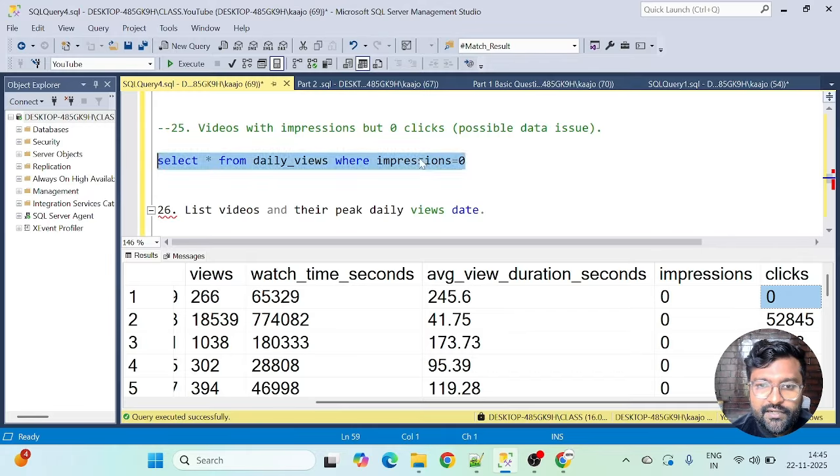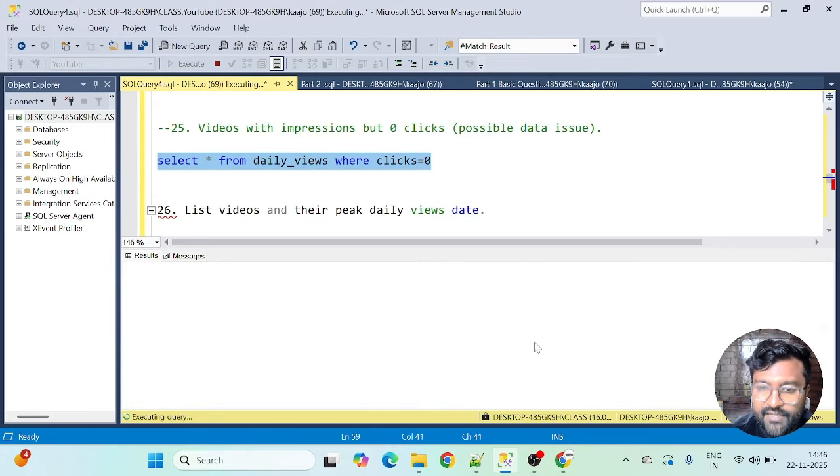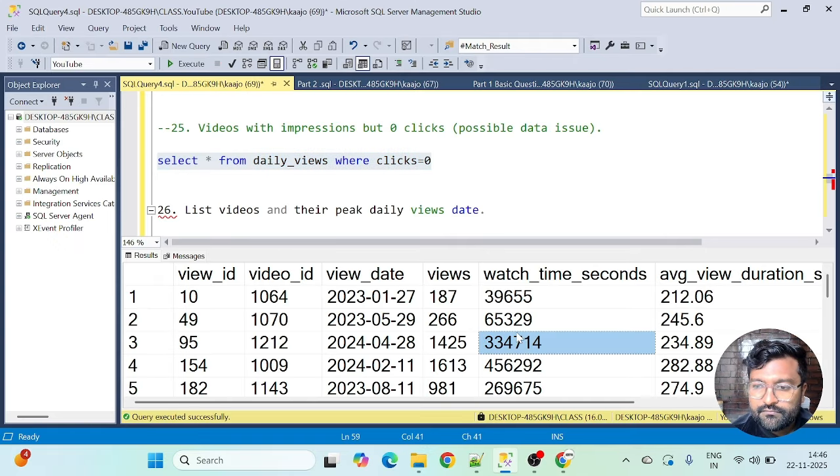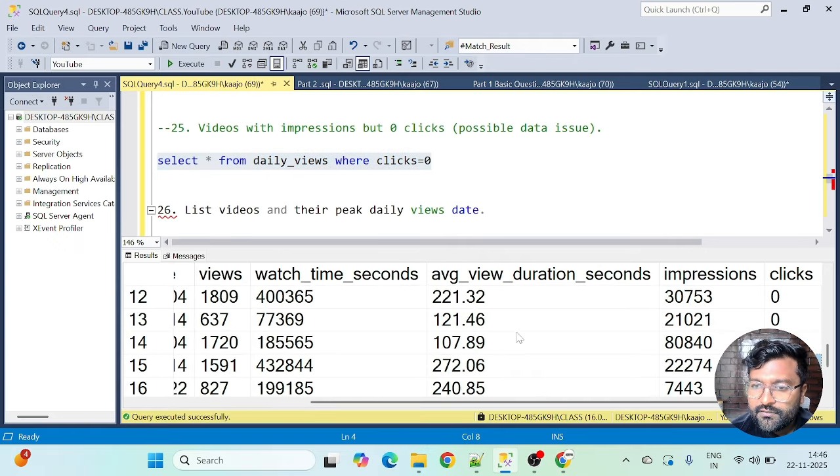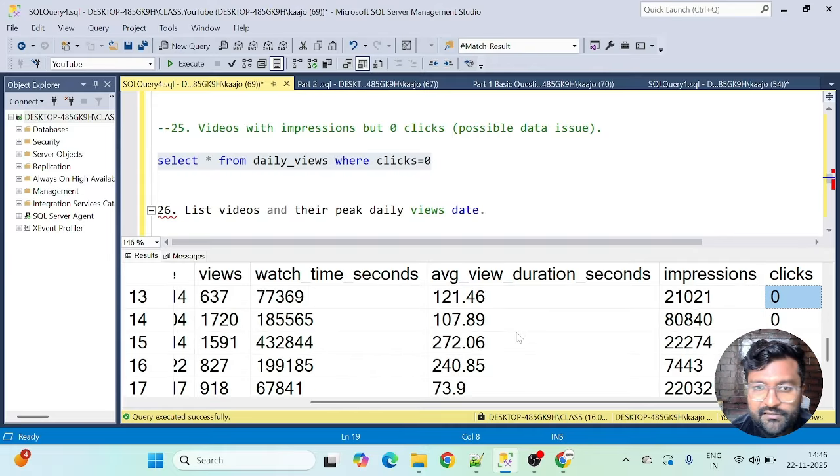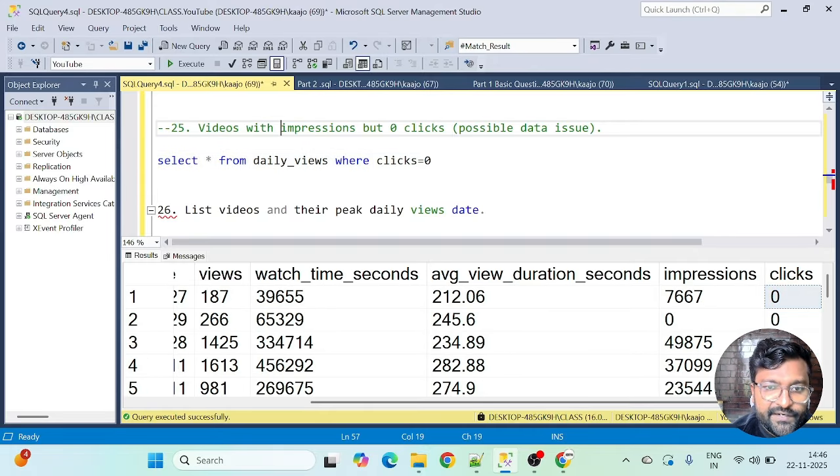Let's check if we have some clicks also 0. No, clicks can absolutely be 0. So that means this question should be videos with 0 impressions but with more than 0 clicks actually. So this is a data issue.